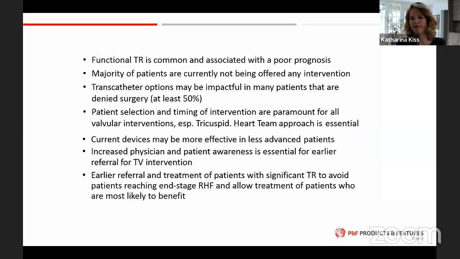So to summarize the first part of my talk, I would like to state that we know that functional TR is common and it's associated with a poor prognosis. The majority of the patients are currently not offered any intervention. We keep them on diuretics until there is no way out. Transcatheter options may be impactful in many patients that are denied surgery, and patient selection and timing of intervention is